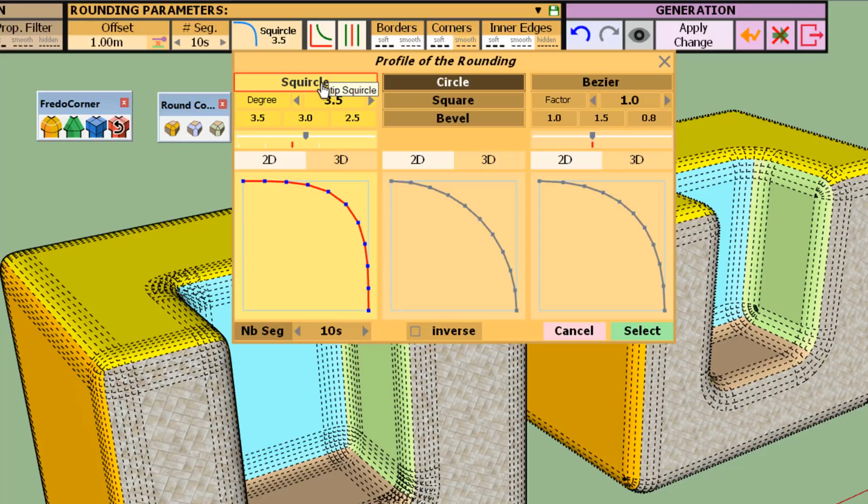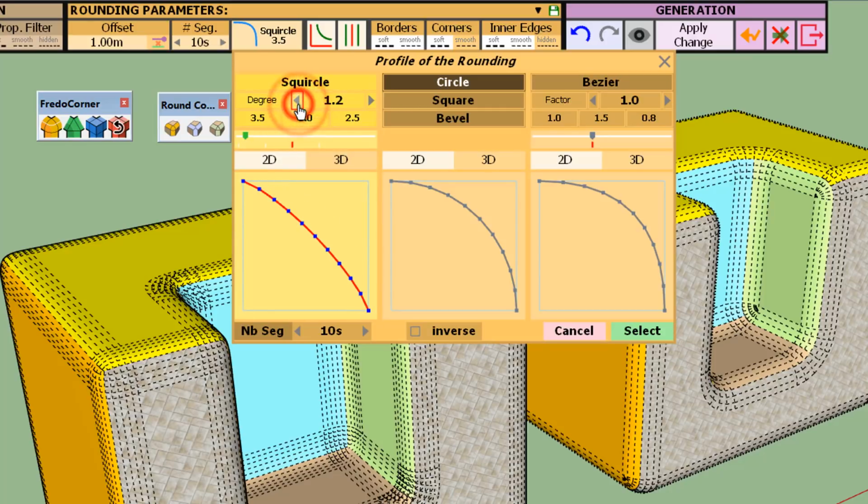Here you have the family of Squircle, which are controlled by a parameter called degree. You can vary the parameter. 3.5 is usually a nice squircle. You can increase or reduce it. If you go to a degree of 2.0, you actually have a true arc of circle.